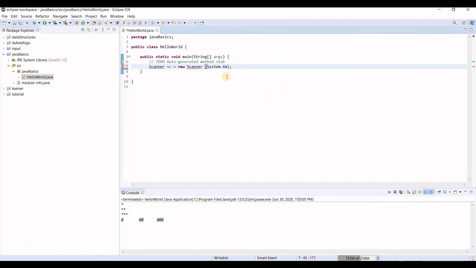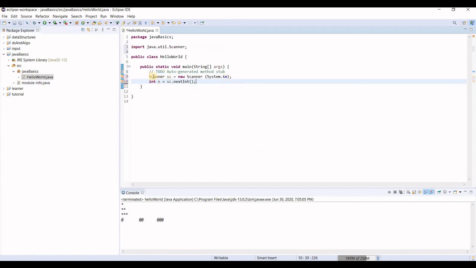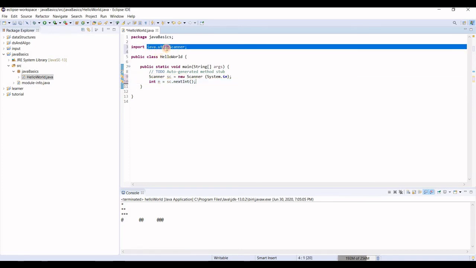Okay, and after this write int n, and this is how you declare a variable, equals sc.nextInt. Now it will show you a warning over here, but it included java.util.Scanner itself.